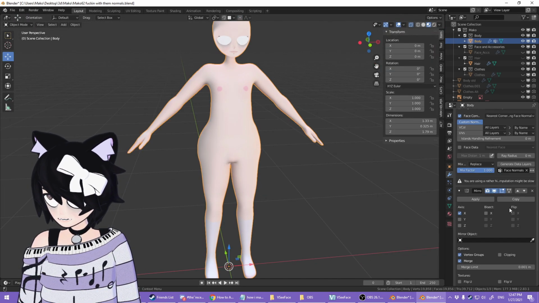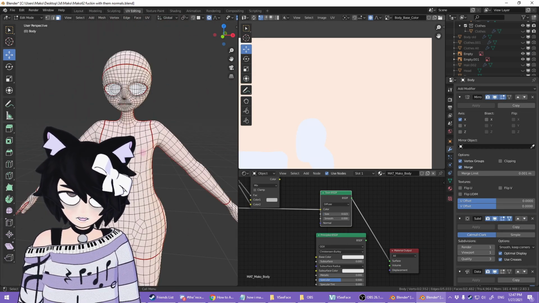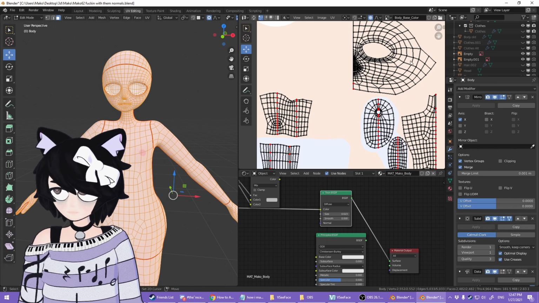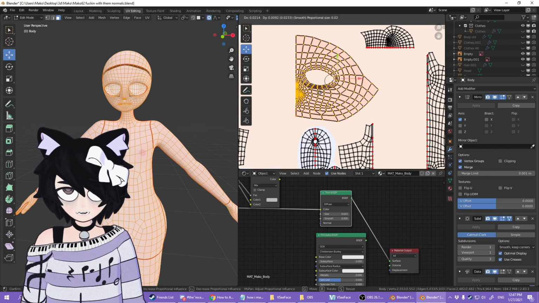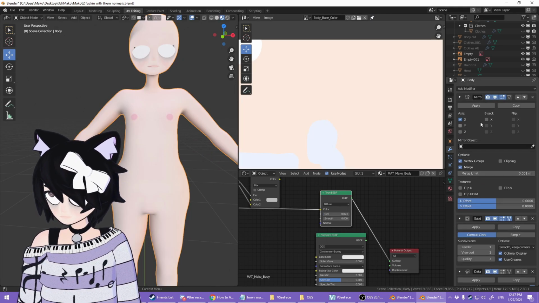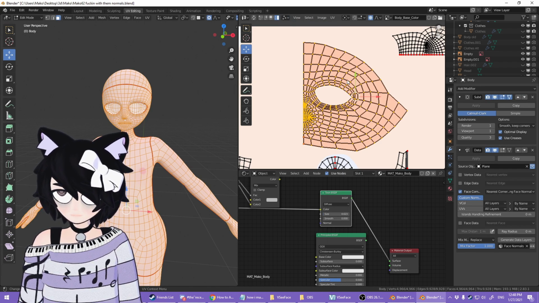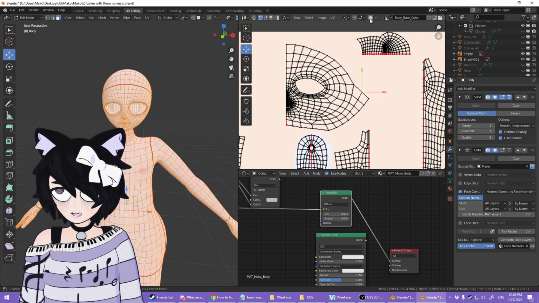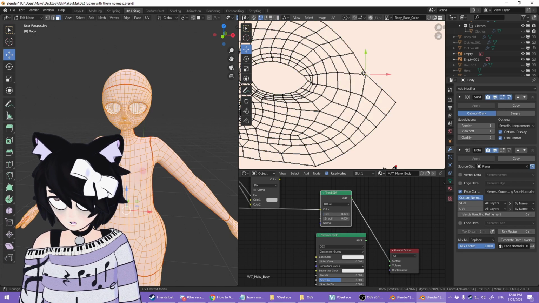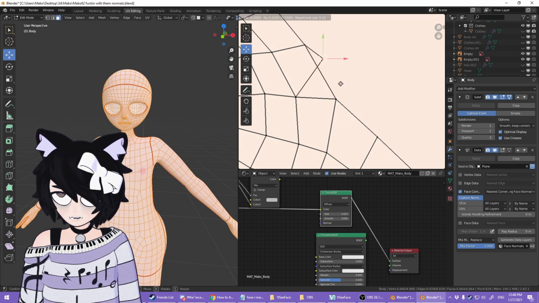Get it mirrored. This should probably come first. And I notice that the textures are still working just fine, even though I deleted half the body. That's because we don't actually need more than half the body. We have this face right here, but if I were to apply this mirror modifier now, I'm going to disable this so it doesn't select multiple things that are in the exact same spot, and yet it's still doing that for some reason. Oh right, I gotta turn off proportional editing. Nope, still doing it, but yeah, okay. We have two things directly on top of each other here. It's just being weird for some reason.